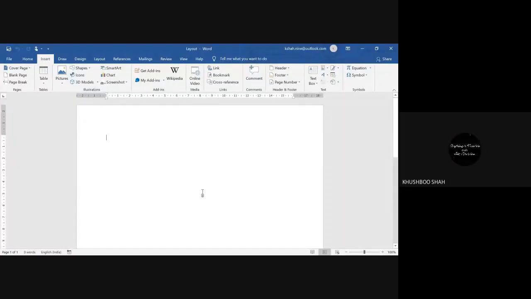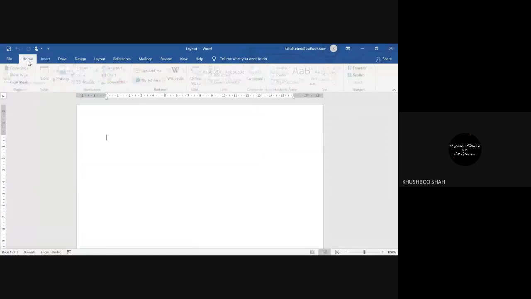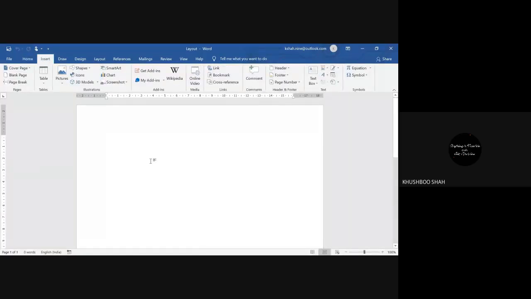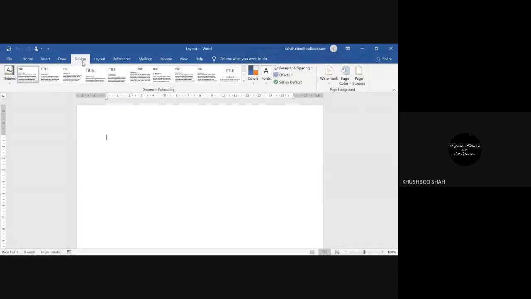So after the home menu and insert menu, today we'll explore some more tools, some more menus. I'm covering only some important points and some important tools because Word is very vast. So I'm just focusing on the tools which are actually going to be very useful for you people. So we'll cover only those parts. Let's start with the design menu.